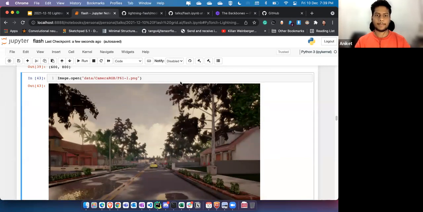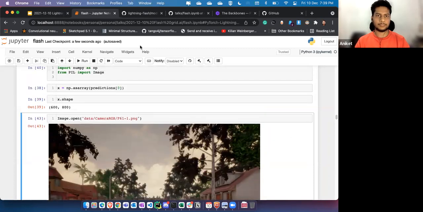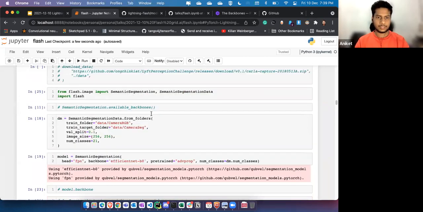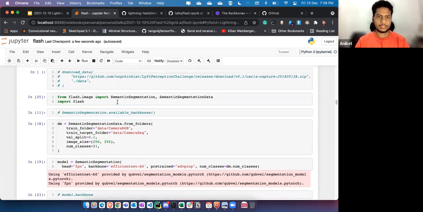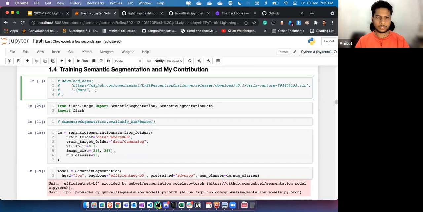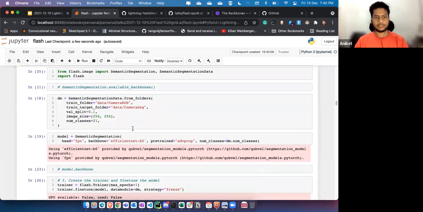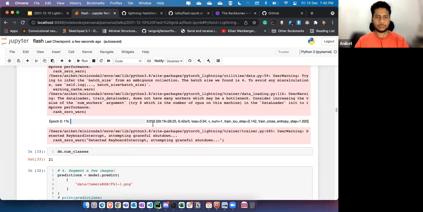Okay. So if you want, you can open this notebook in Google Colab and try it yourself. And this data that I have used, you can download it from this function here. Download data, you can provide this link, and it will be downloaded to your folder. So after downloading it, you can just run all this code in your notebook or on your local laptop.